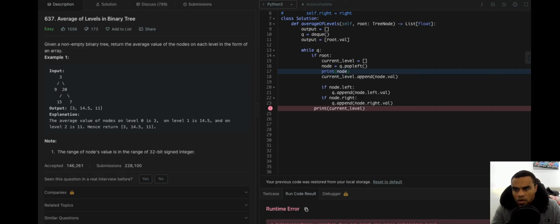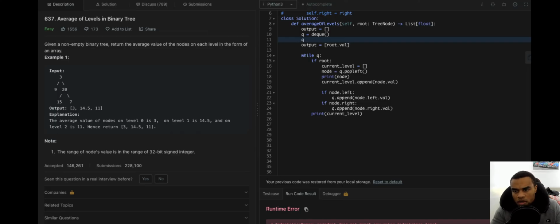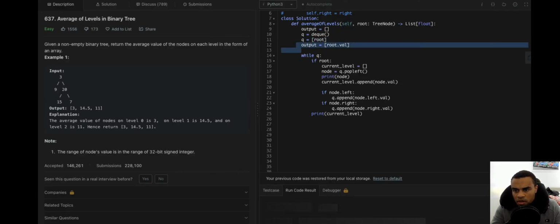Well, actually, no, we do need to append, because this will never run. If q has nothing in it, it will never run. So q equals root, and then the output is this. So if I run that again, they should be able to initialize.